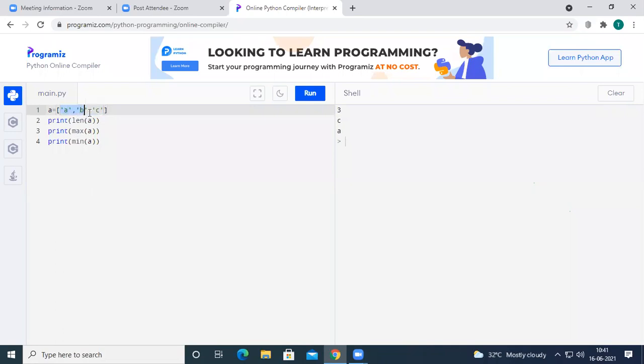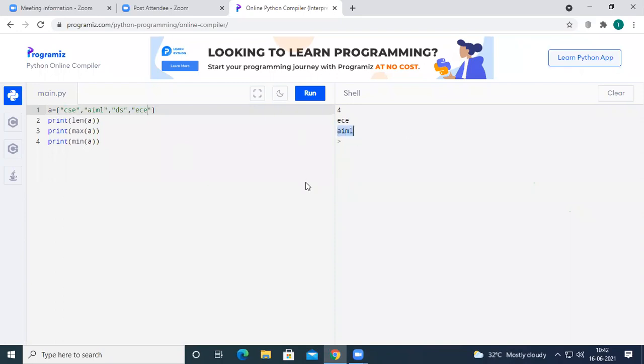So we can have characters or we can have strings. For example, inside this one, if I have CSC, if I have AIML, and then if I have DS, and then if I have ECE, and if I run the code, you can see here, in the entire string the program is going to consider the first character. So among all the 4 names, AIML, where A is the first character, that's why we are getting it as the minimum.